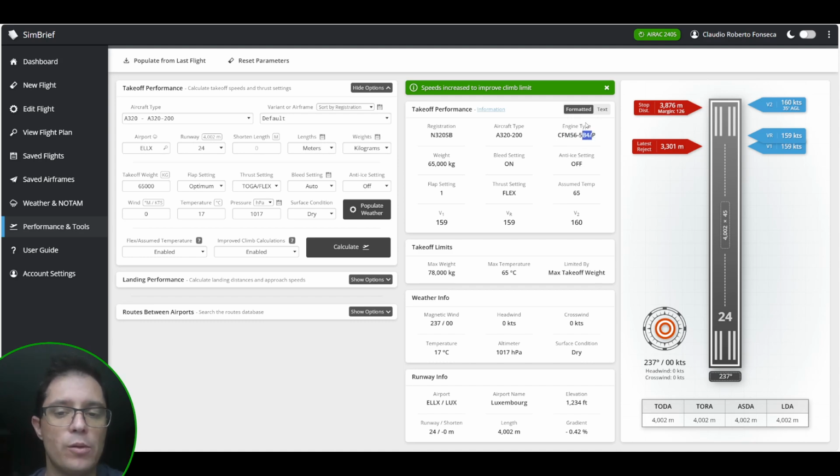Okay, I don't know about Airbus airplanes. I don't know what this 5B4 Papa means. If this is 24, I think it's something like 24,000 pounds of thrust, but I'm not sure. And if you have the 320 Neo, and you do the same, I will do the same number here,